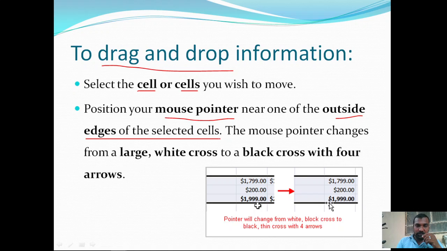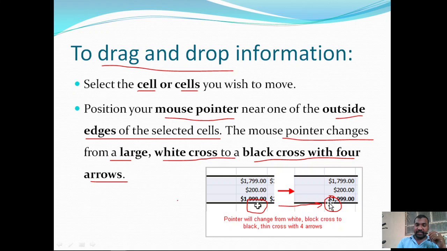The mouse pointer changes from a large white cross to a black cross with 4 arrows. So you can observe in the image, from this type to this type, your mouse pointer is going to change.